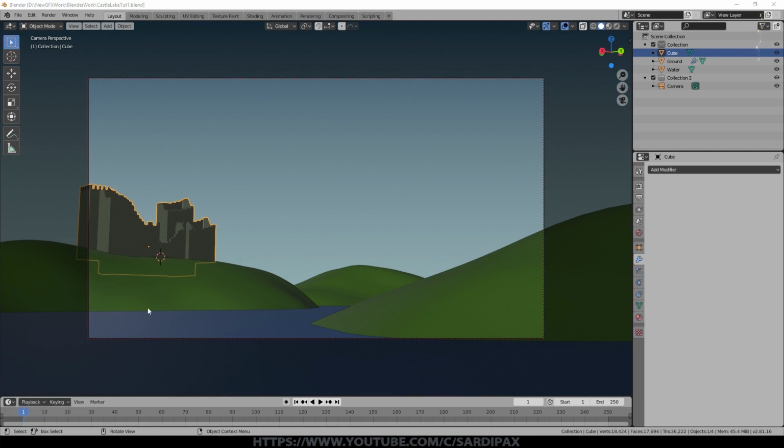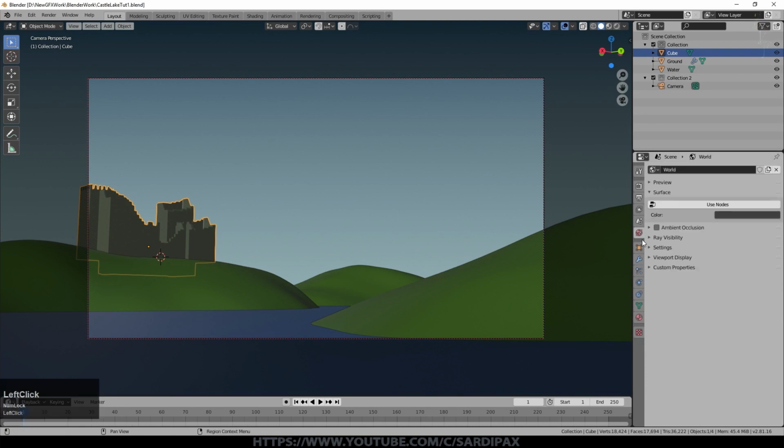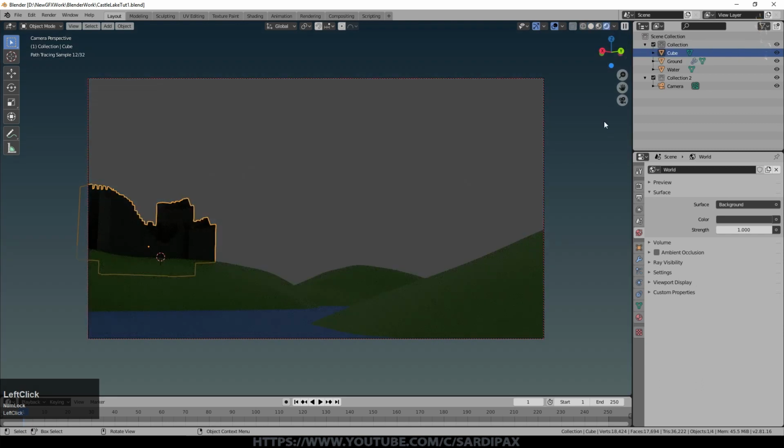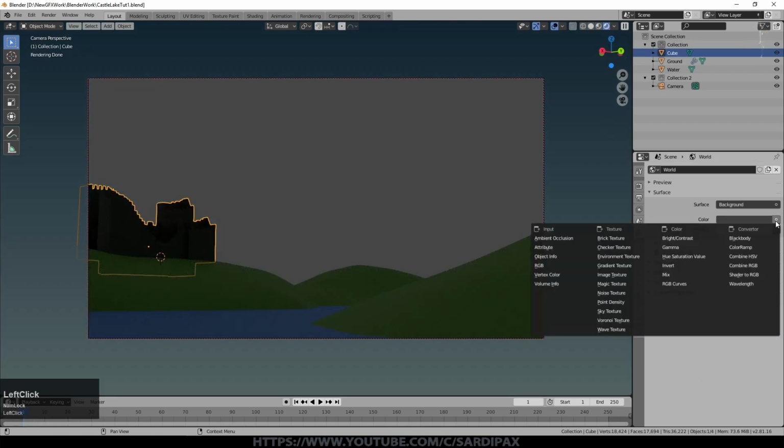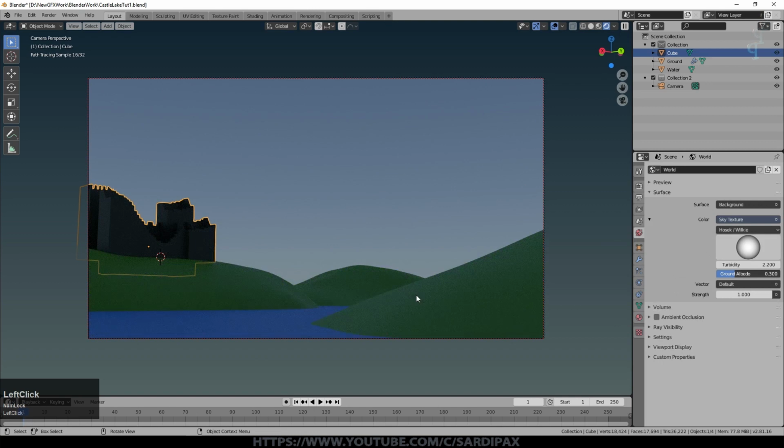So we can do a little bit more to the general scene now. So let's go to the world. Let's say use nodes. Let's go to rendered view. We're in Cycles, remember. And to begin with, we'll just put a basic sky texture. So that just gives you a gradient texture. I'm going to use a sort of sunset scene. So if we play with the turbidity, we can adjust that slightly.